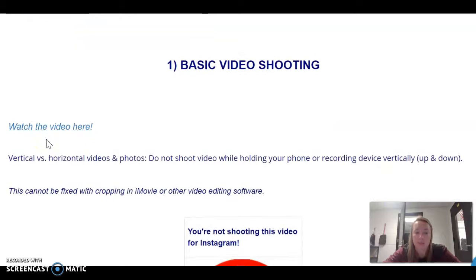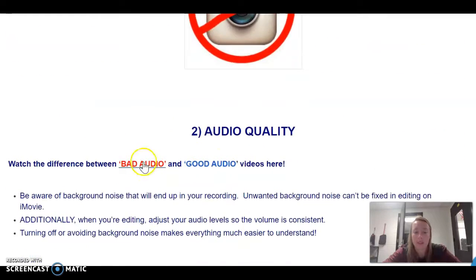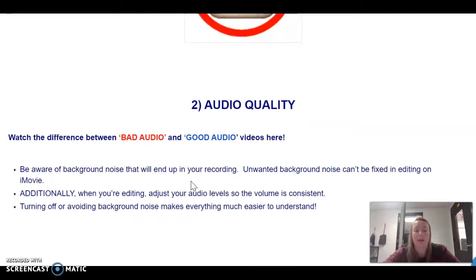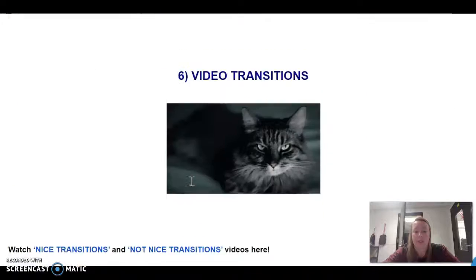Okay, you're going to watch these videos. Again, just keep scrolling, read and scroll, read and scroll. Okay, there's very important things in here so that you're not shooting your video incorrectly and that you turn in the best quality possible. All right, so after you read through these 6 points here,